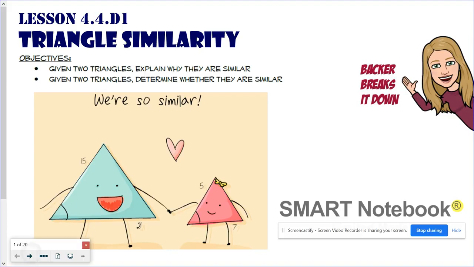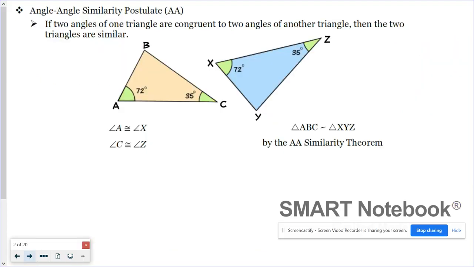So, I had you do a little investigation. I had you explore all three similarity theorems. The first one being the angle-angle similarity theorem, simply known as AA. It says if two angles of one triangle are congruent to two angles of another triangle, then the triangles are similar. So I need to know that two pairs of corresponding angles are congruent to say the triangles